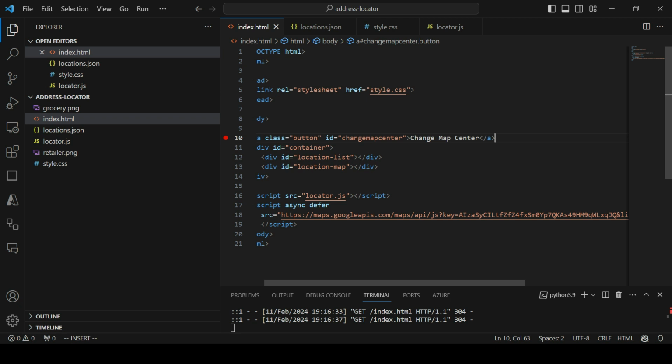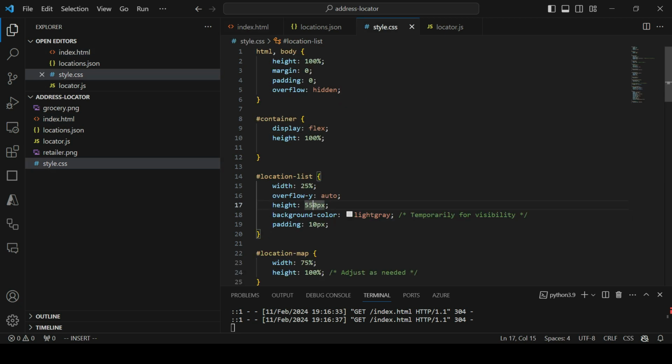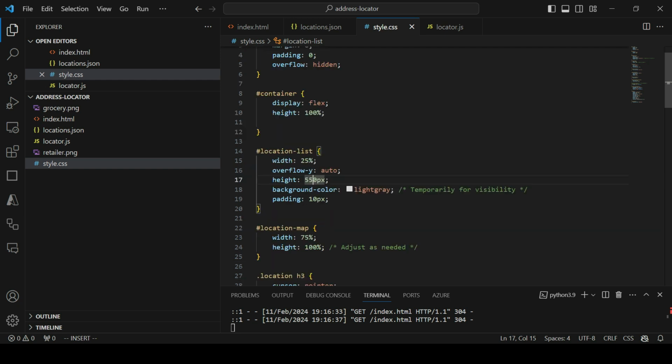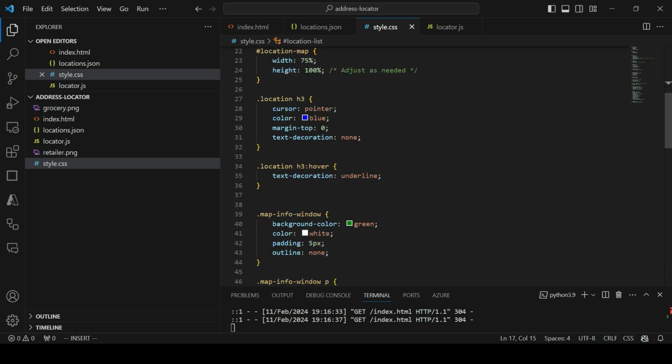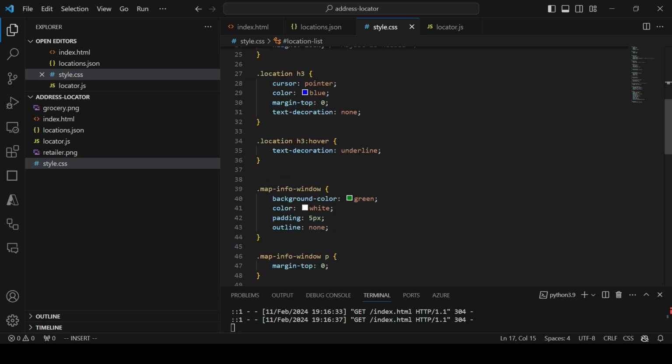Also I have a button, change map center, to change the center of the map to a specific address or the user's current location. Then style.css has styles specific to the info window and the store list window. If you see here, location list, then style for location map, the other one is map info window.